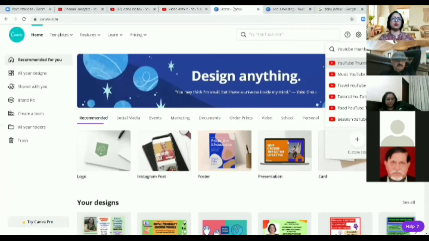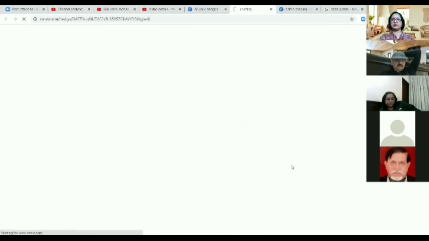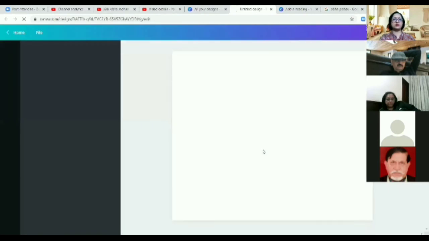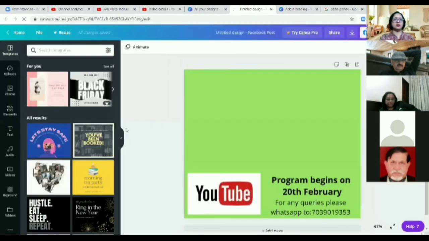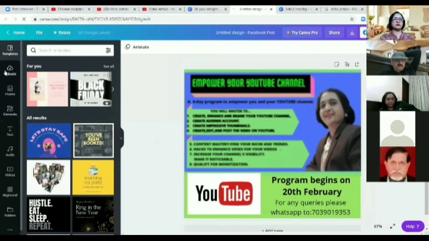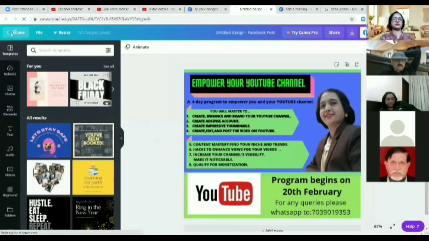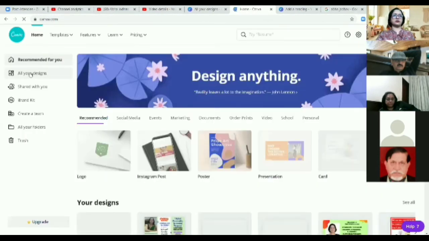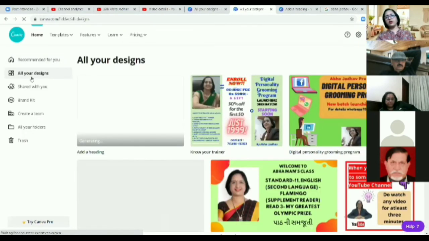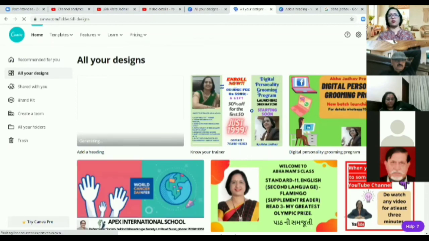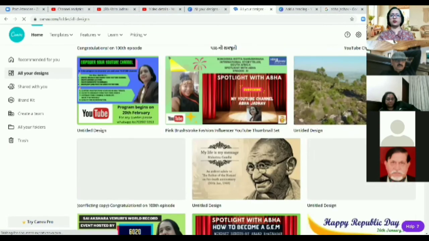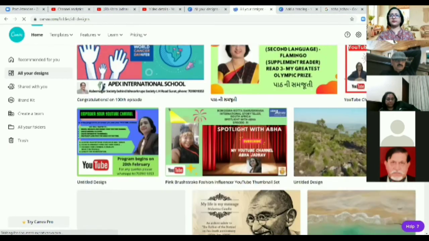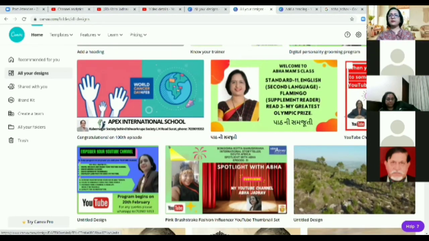I simply go to that image. एक minute, directly select हो गया. If I go to all your designs, whichever designs I have made till now, all these Canva designs will appear over here. Okay. So now you see this.